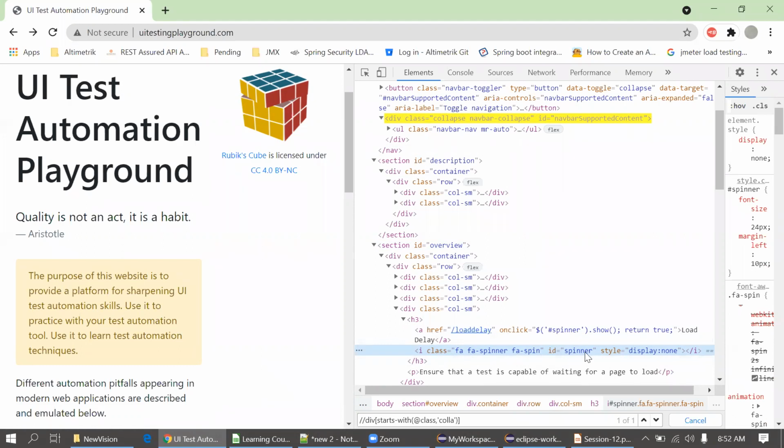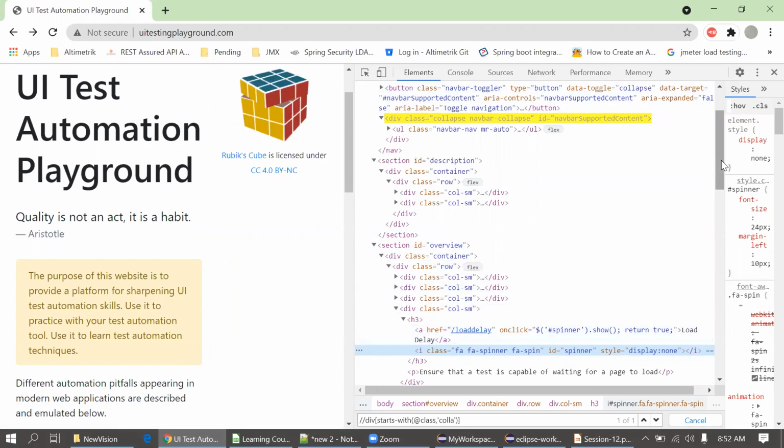So if both conditions are matched, then only I'm able to find the locator. If one of them fails, which is not there, I'm not able to find the locator. In some cases, if the UI is complex and you have to find the locator, but you are finding it with the class name or ID, you might get duplicates. In those cases, you can simply take two attributes from here and put them into the AND condition. I'll just create a locator for this.